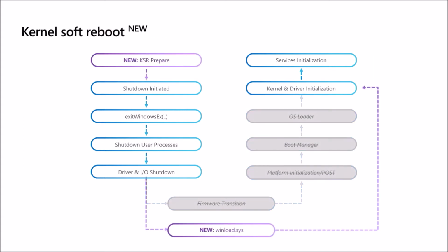So with Kernel Soft Reboot, there's an additional step that takes place first. We prepare to perform a KSR. And then when we initiate the shutdown, we shut down the drivers and the kernel and the whole software stack, but we actually don't do a firmware transition. We don't actually shut down the physical hardware. Instead, there's a new driver that shortcuts directly to initializing the kernel,